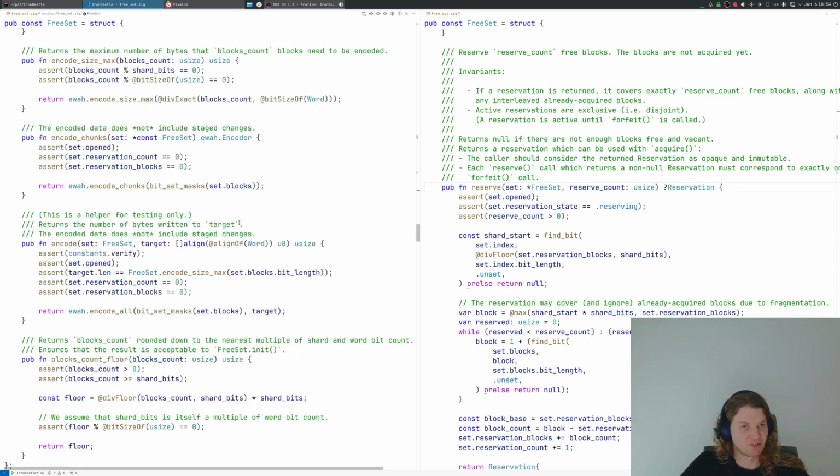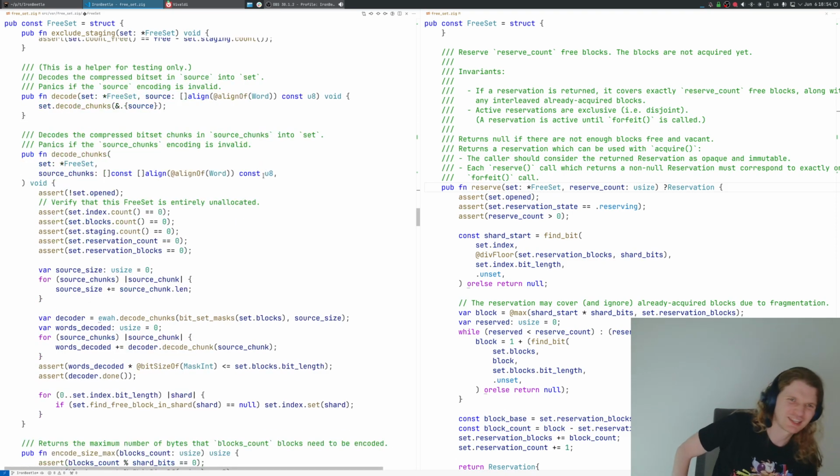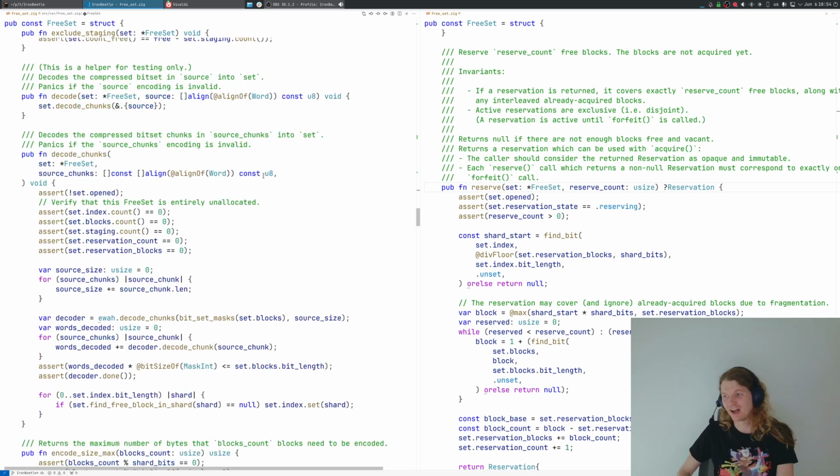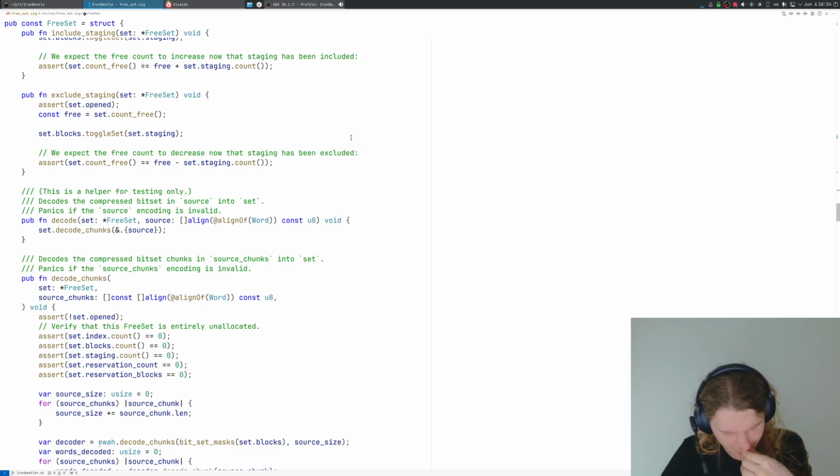I guess another thing we want to briefly cover is encoding. Actually, yes, let's cover encoding and decoding really quickly, in just 5 minutes. The high level thing is that in memory, the bit set is just a straightforward bit set. However, if you think about it, this bit set is going to be highly compressible, because we always